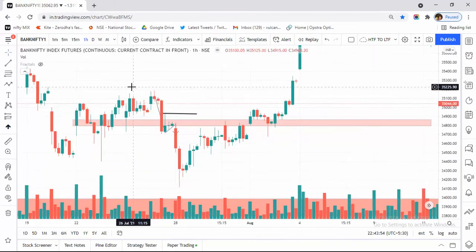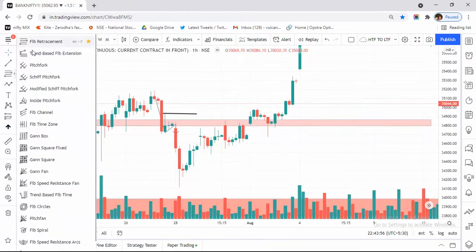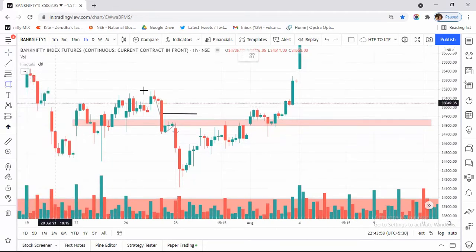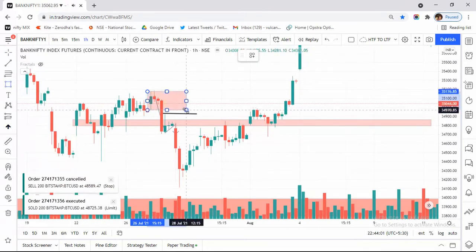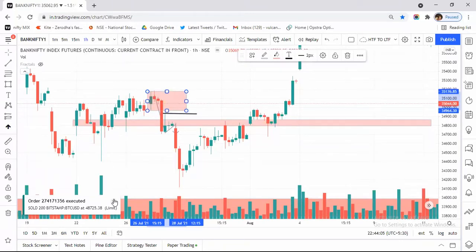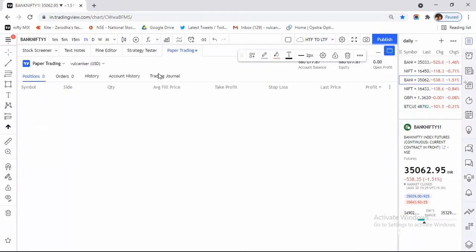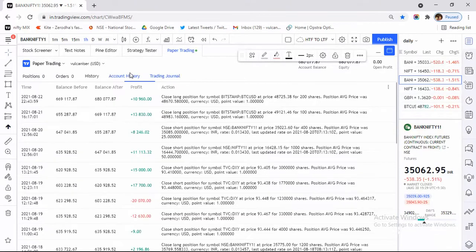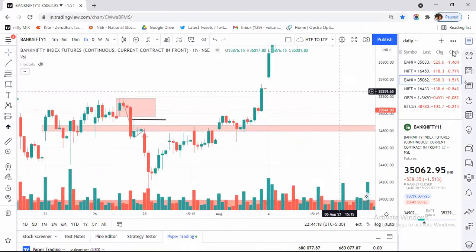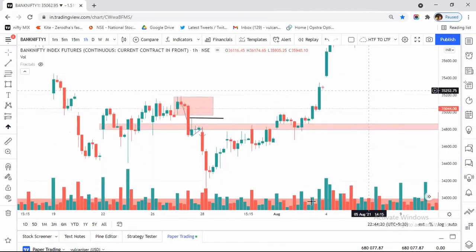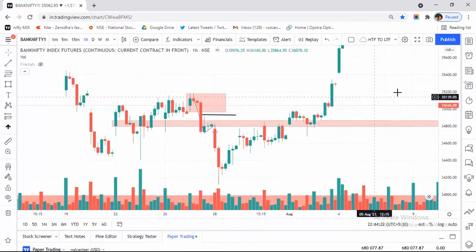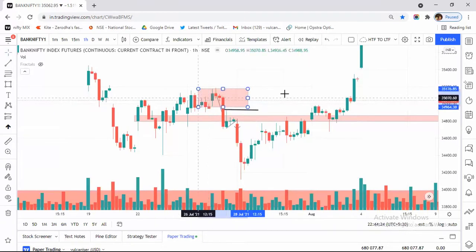Here. No, but here is also a bearish order block, no? So why will you buy? This is a bearish order block. Yes, sir. I think my stop loss is hit on my Bitcoin trade. Let's see the trading journal. No, it goes in profit. Okay, anyway. Now, there is also a bearish order block.